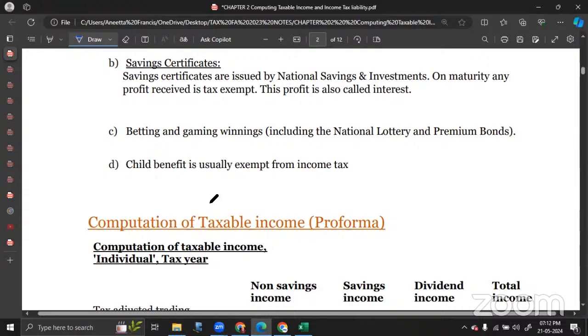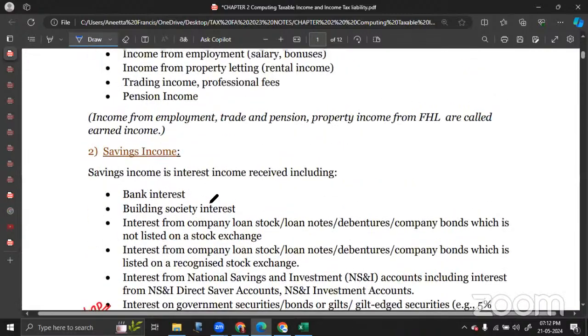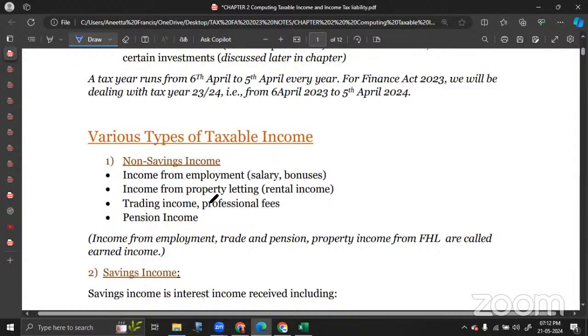And in certain cases, child benefit is also exempt. I hope you remember, if the adjusted net income of the recipient of the child benefit or their partner, or both of them, is less than 50,000, in that circumstance child benefit is an exempt income for that family. Now, having said that, let's move to the list of taxable incomes. Taxable incomes can be further classified into non-savings, savings, and